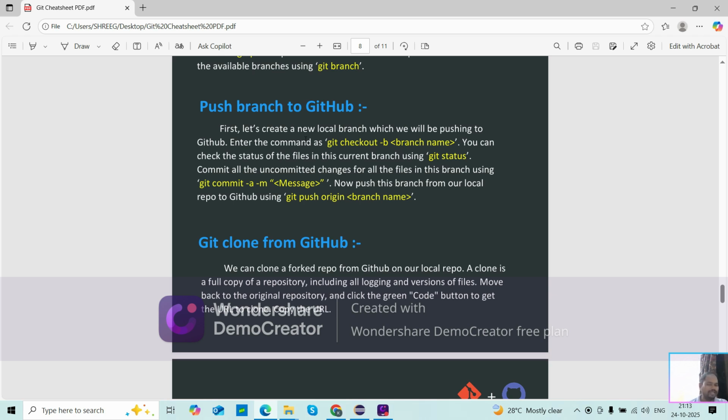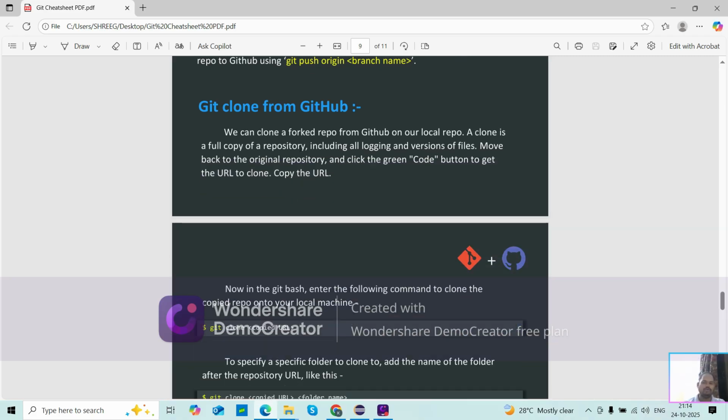Commit all the uncommitted changes for all the files in this branch using git commit -a -m, with a message here. Now push this branch from our local repository to GitHub using git push origin branch name. It means all changes are also pushed to GitHub, and your branch is pushed to GitHub too.